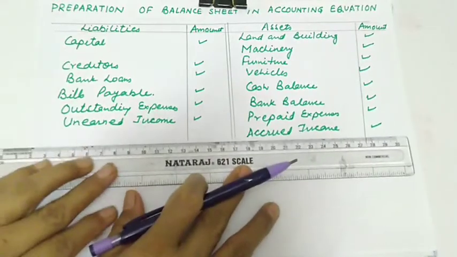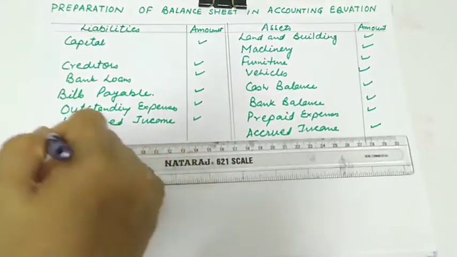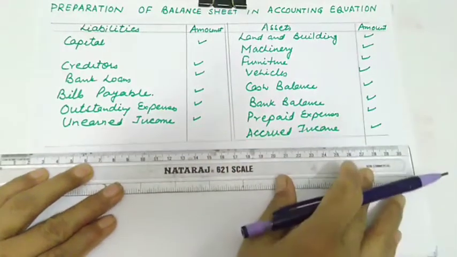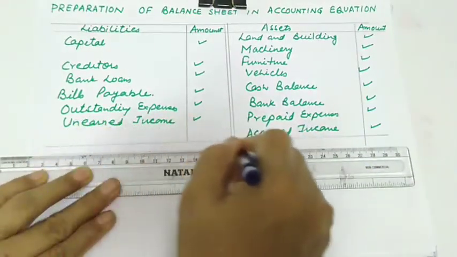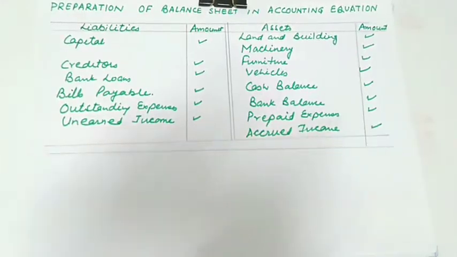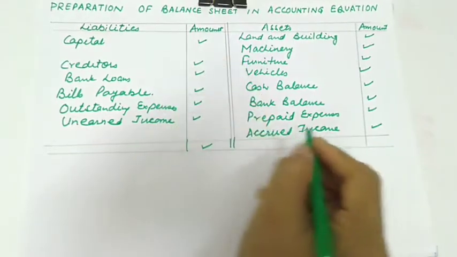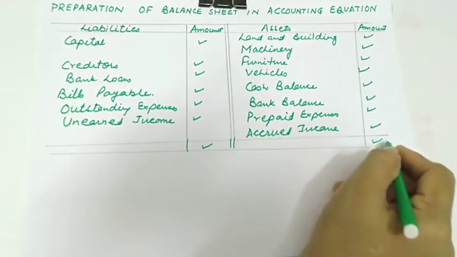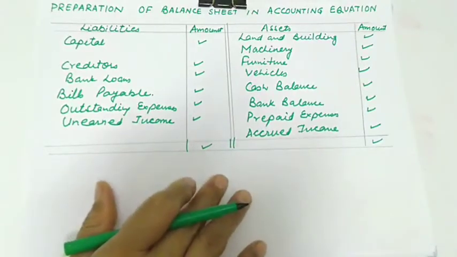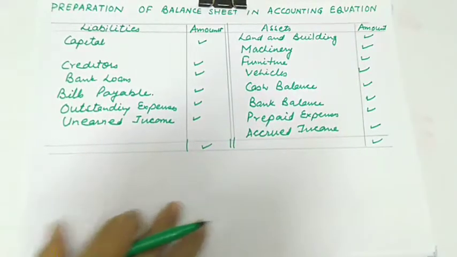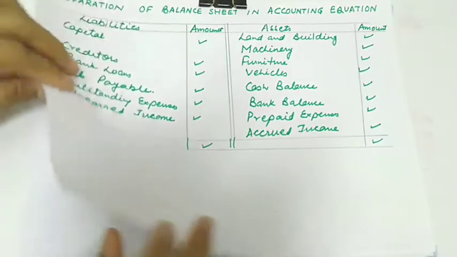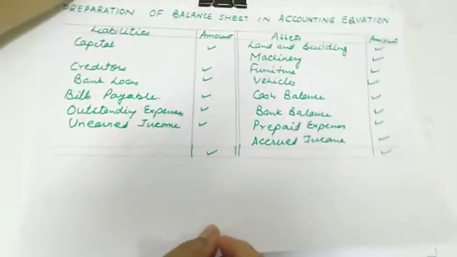And because C plus L is always equal to A, the total of this balance sheet left hand side is always equal to right hand side. The total of this will show the total of liability side, and this will show the total of asset side, and these two will always be equal. And for this purpose, let us see the numerical. I have taken a numerical from T.S. Grewal's book. I am having an old book. So let us see the numerical from the old book.